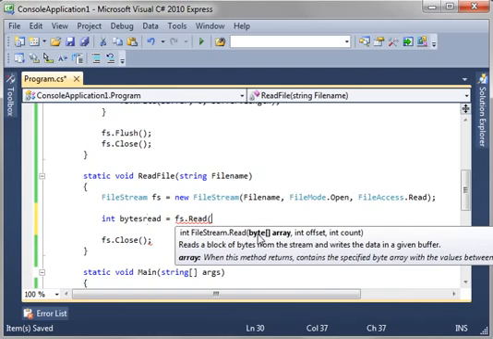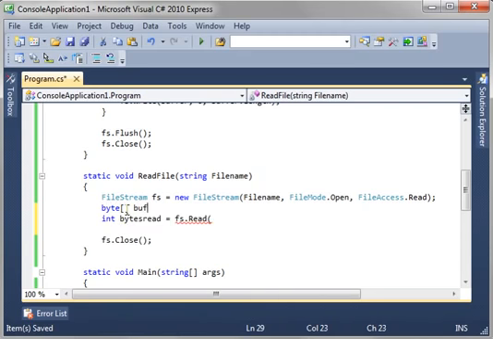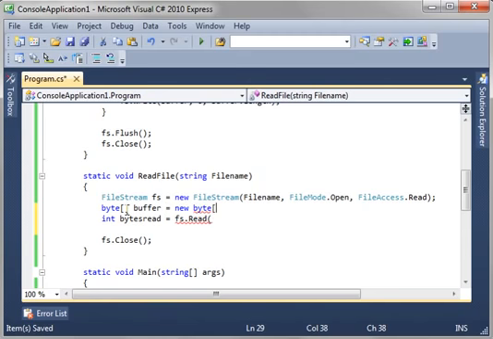So you see how everything works with this byte array. I know that can be incredibly frustrating, but what we need to do here is make a buffer. So let's just say byte, call this buffer equal new byte, and we'll just give it 1K. So we're going to have a buffer of 1024 bytes,